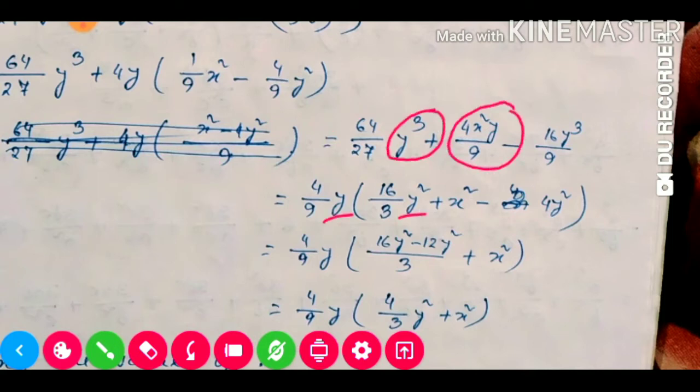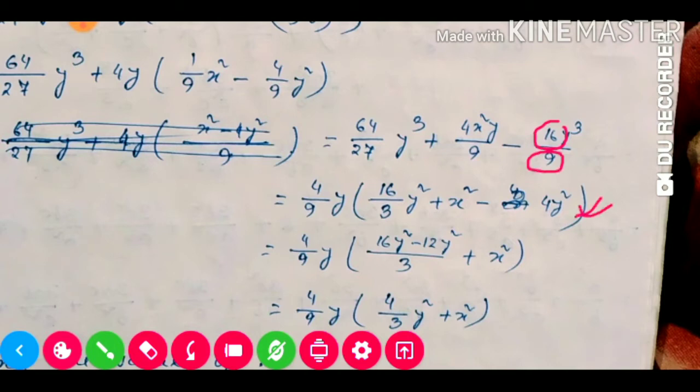Similarly this one also, from here, see, 4 we already took common and 9 also we will take common. So what remains here, and y also we took common, so only x square remains. And here this one, if we divide 16 by 4, it will be 4 only. And y here 3 times, 1 time we took common, so 2 times remain. And down 9 we already took common, that means nothing remains in the denominator, so it will be 4y square.